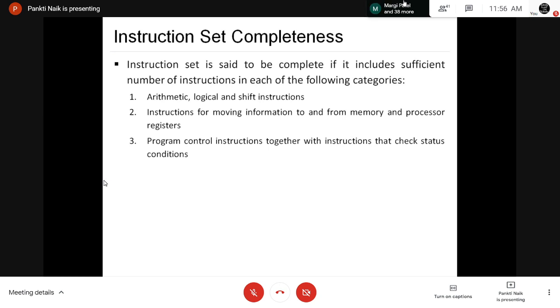And program control instruction together with instruction that check the status condition. આપણે flag માટેની instruction જોઈ. SKI, SKO, then ION for interrupt on, IOF for interrupt off. Right? So આ ત્રણ ટાઈપની instruction જો તમારા કમ્પ્યુટરમાં હોય, then you can say that instruction set for this computer is complete. Right? So your computer must have these three category instruction set available within it. Sorry, 4 input and output instruction પણ આપણે જોઈ. Right? So